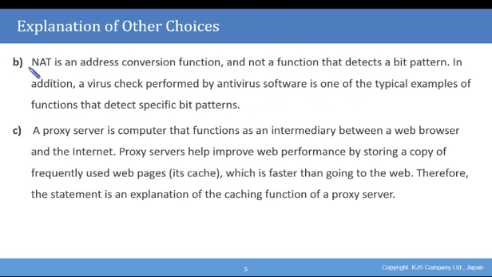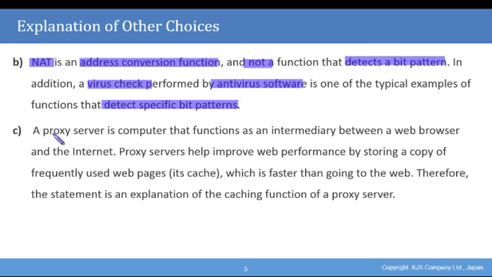So let's have a look at an explanation of the other choices we had in our question. For B, NAT is an address conversion function and not a function that detects a bit pattern. In addition, a virus check performed by antivirus software is one of the typical examples of a function that detects specific bit patterns. C, a proxy server, is a computer that functions as an intermediary between the web browser